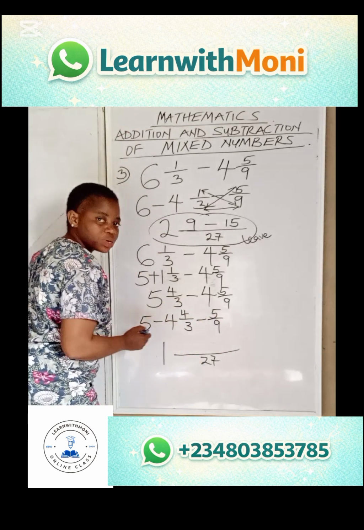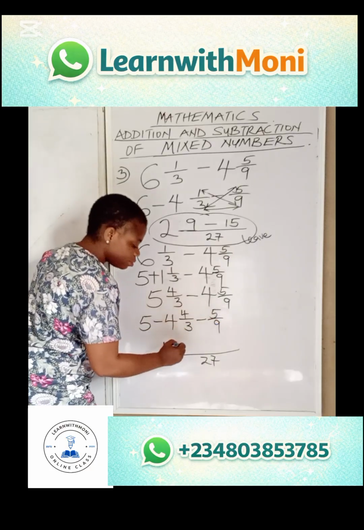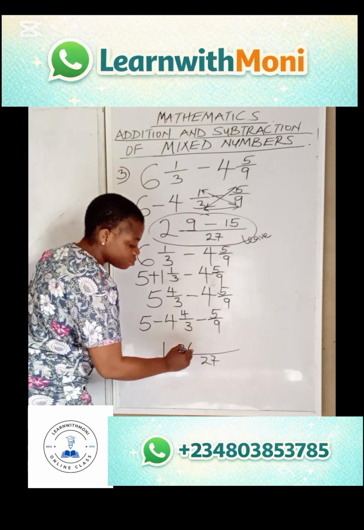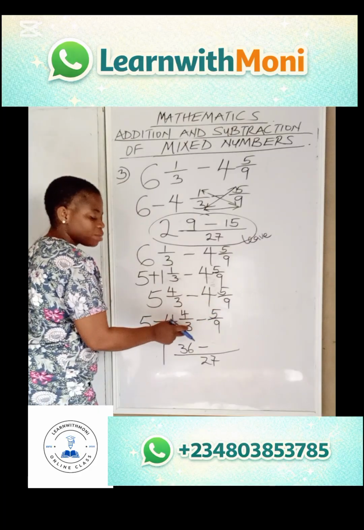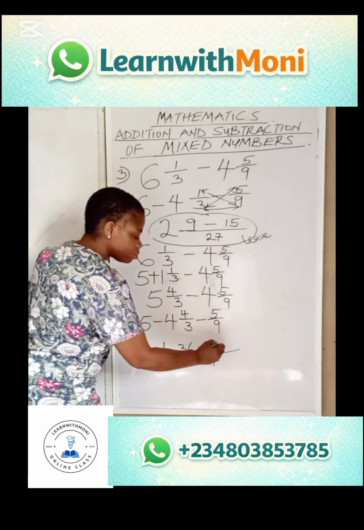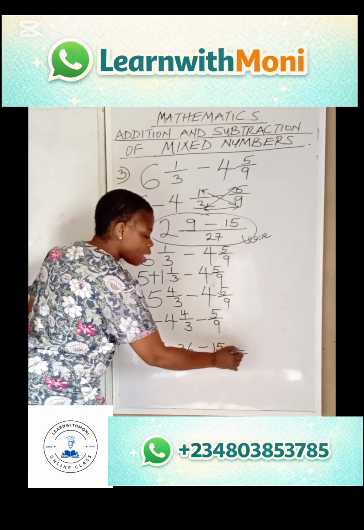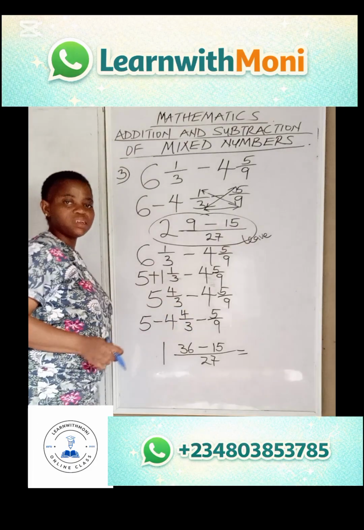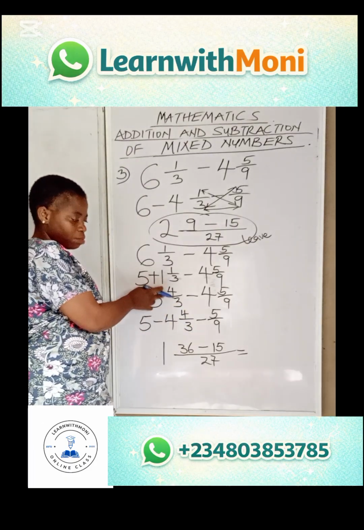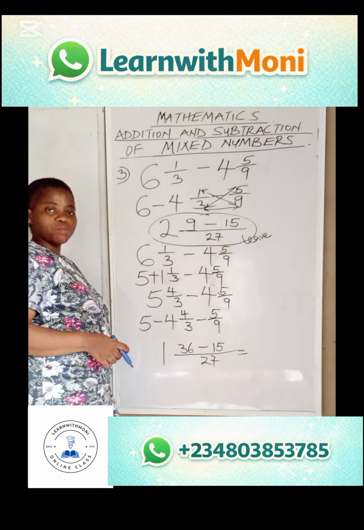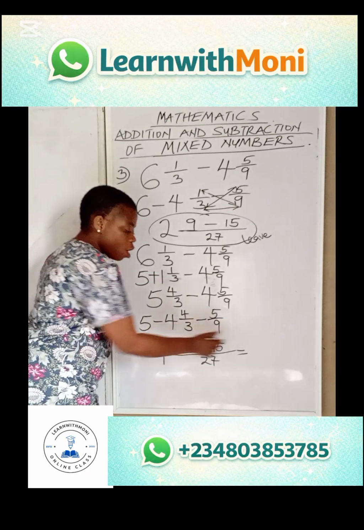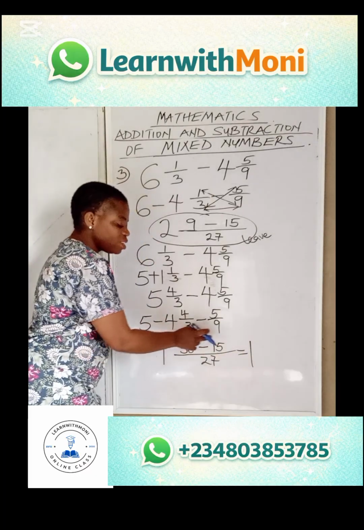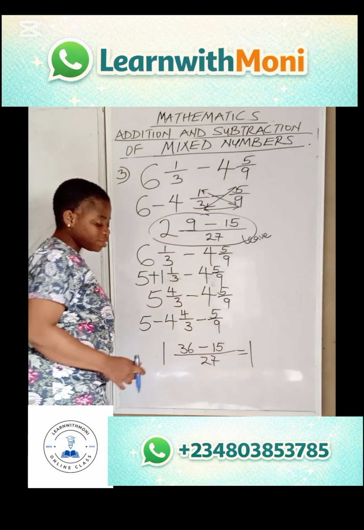The left diagonal, 4 times 9 is 36, minus the right diagonal, 5 times 3, that is 15. You can see that we have actually increased the first fraction by removing 1 out of the whole number and adding it to it. So now I have 1 whole number, 36 minus 15, that is 21